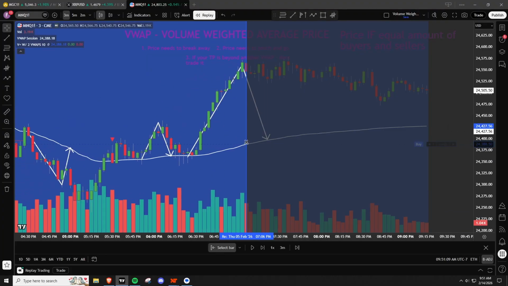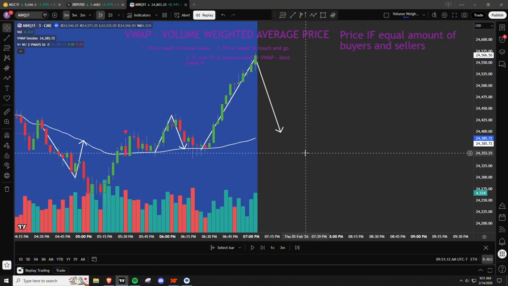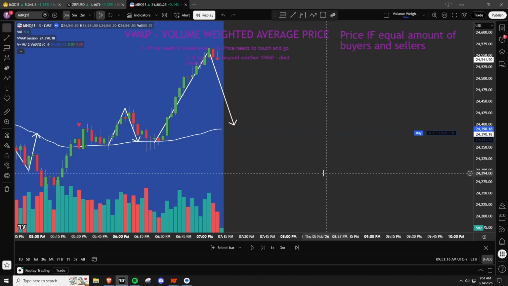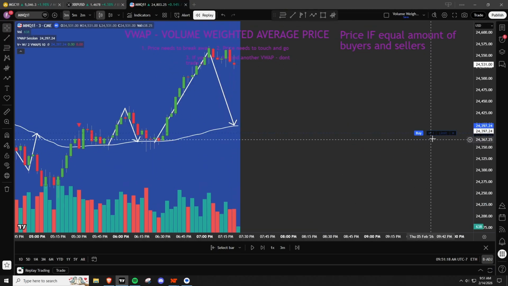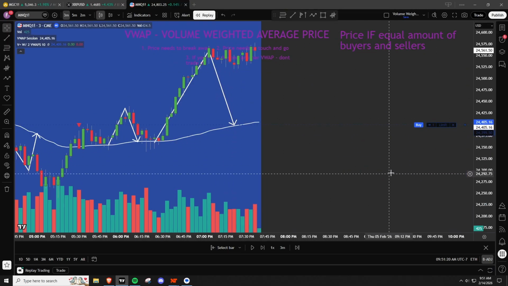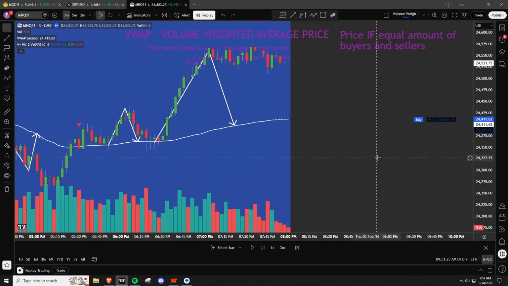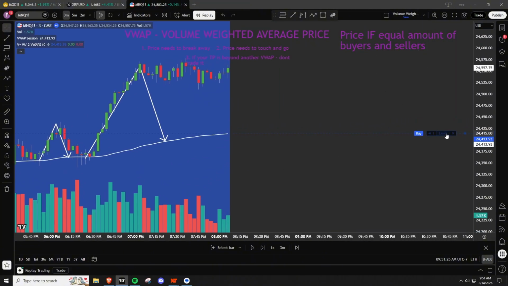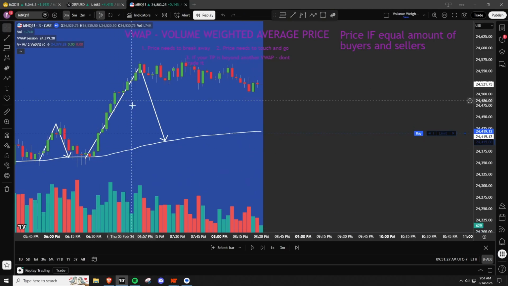So actually, let me show you. This is how I imagine it. I do this so that it's kind of creating a story, right? So like, oh, I wanted to get in there, I couldn't. Okay, like price is kind of taken off. It might not come back, and this is just what I imagine. This limit order sitting at the VWAP when price breaks away,